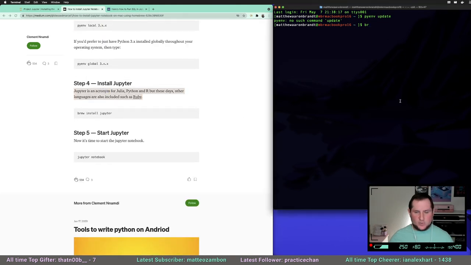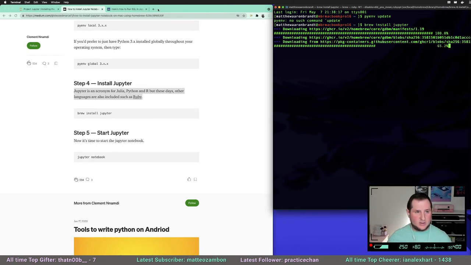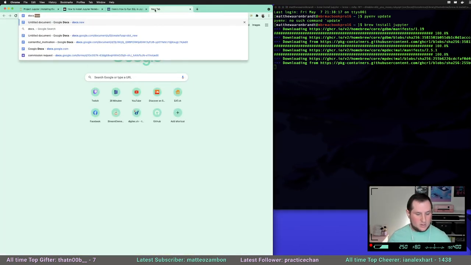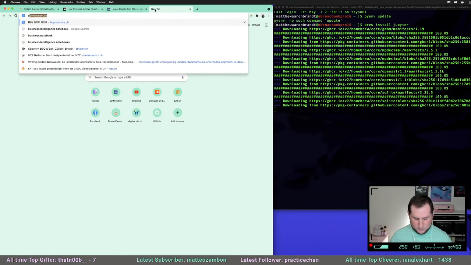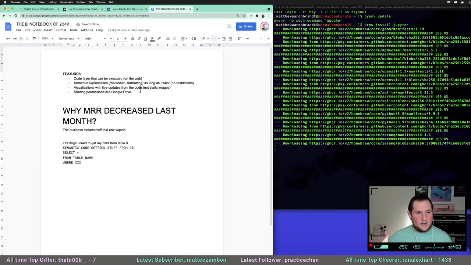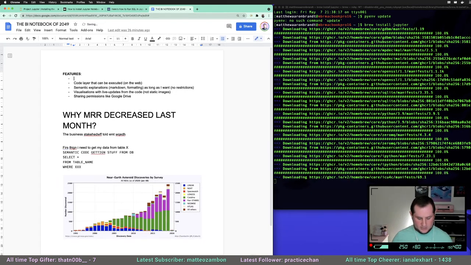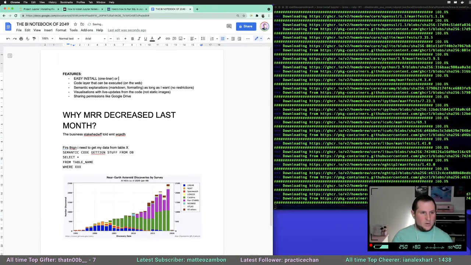So we need to install Jupyter. This should work without issue. That's what I'm saying, like a web solution here, right? We had this thing before. What was it called? BI Notebook 2049. This was my thing, right? Like maybe we should add it here, like easy install one-liner or